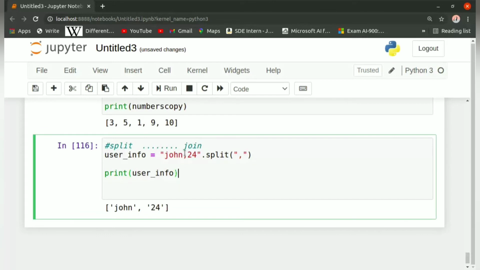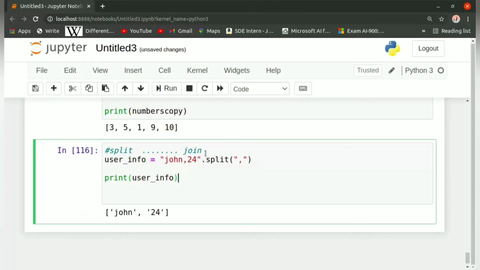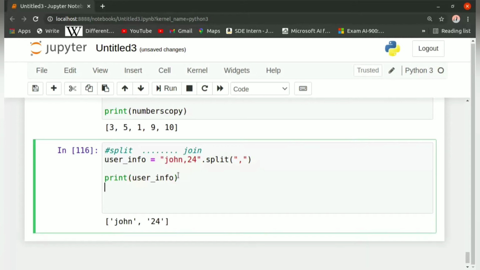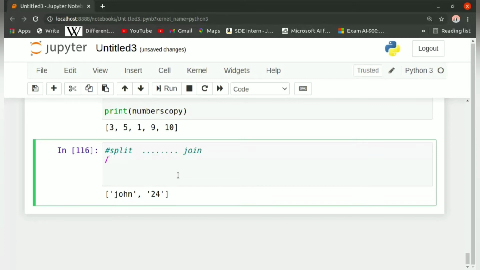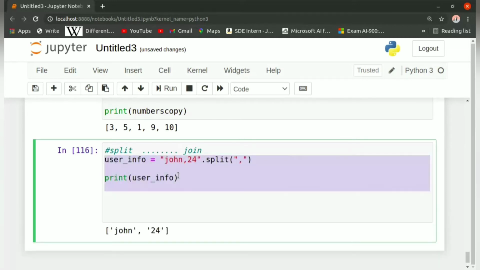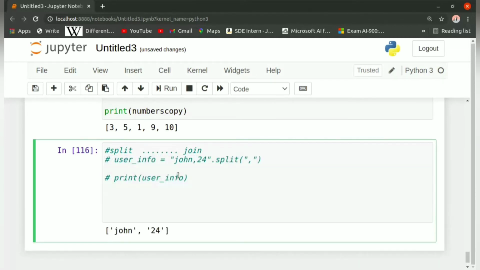As we had already studied about this split function during the strings tutorial, here we can also store these two strings in some variables. Suppose we have two variables, name comma age, and we wish to store these strings.